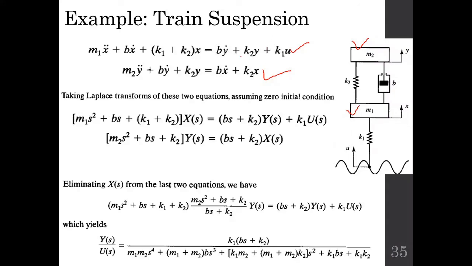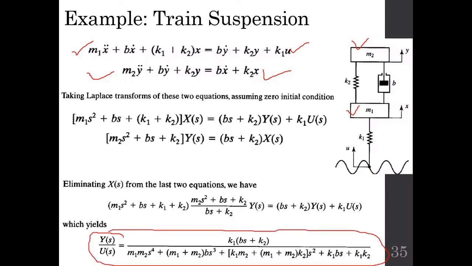Your task is to find out whether you are getting the desired equations or not after using the free body diagrams. After that, you simply have to apply the Laplace transform, and by doing some simple transformations, we come up with the transfer function Y(s) upon U(s), which is equal to, as you can see here. Y(s) is the output displacement and U(s) is the input displacement. So the transfer function will be Y(s) upon U(s).